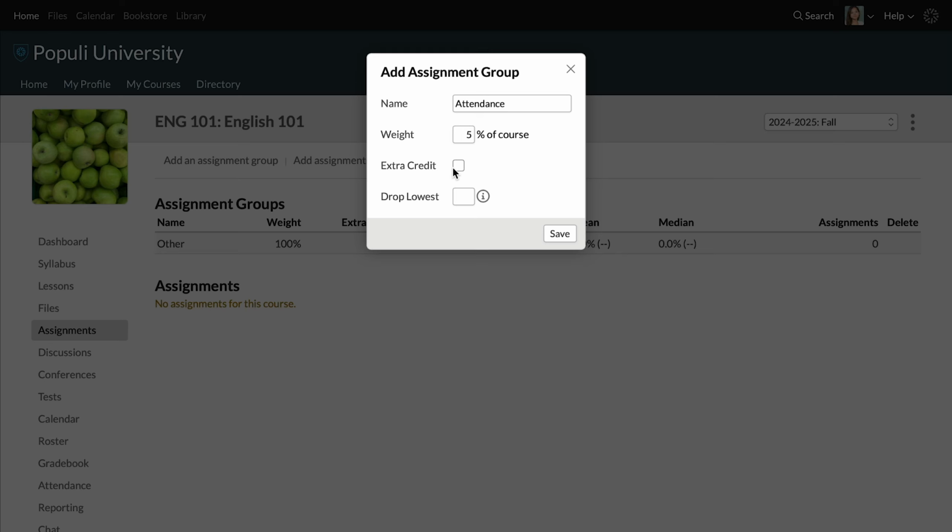That means two things. One, any points a student earns will be added on top of the assignment points that they earn from regular assignments. And two, if they do poorly on one of these, that won't count against their grade calculation. It's all gravy. Because in our situation, we're going to end up with only a single assignment in this group, it doesn't make sense to use drop lowest. Drop lowest doesn't do anything on assignment groups with only one assignment. But in other circumstances, you'd enter the number of lowest graded assignments in this group to leave out of the